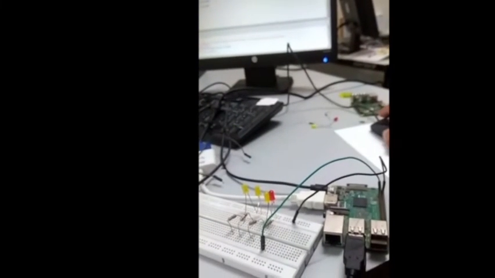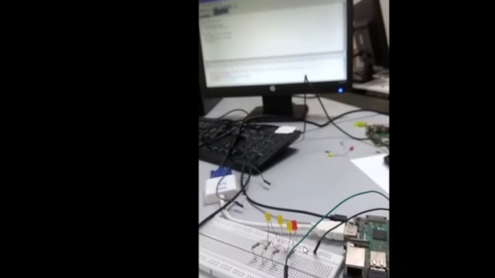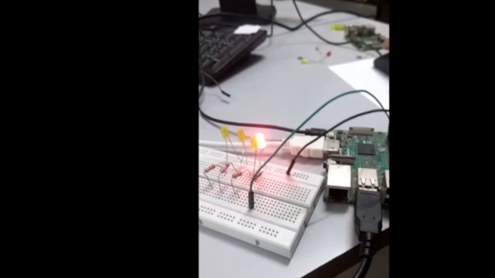Now when I run this code, just observe this red LED. Now the LED turns on and off with an interval of 2 seconds.